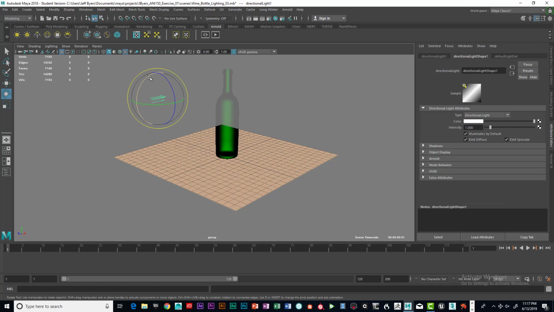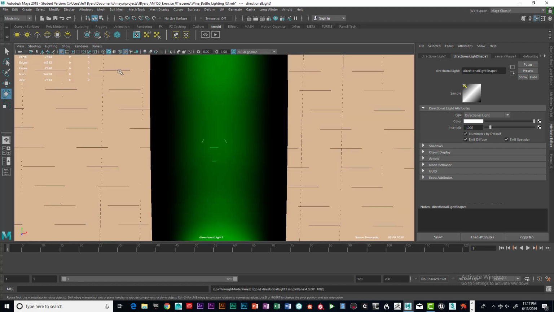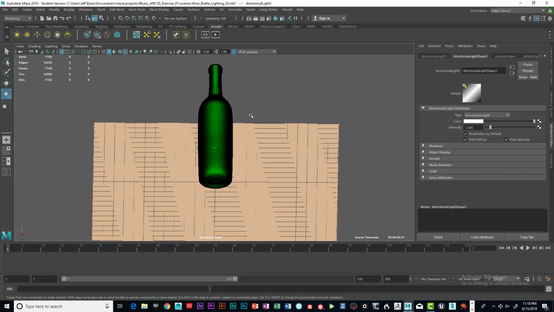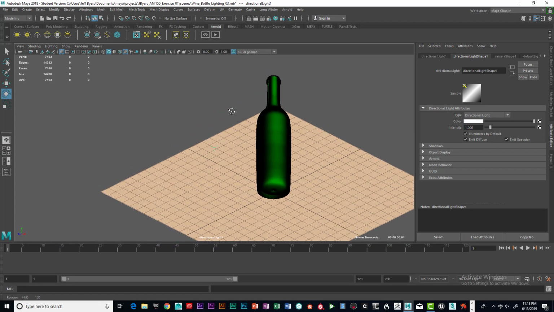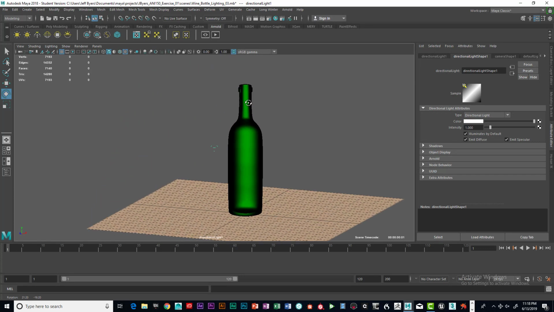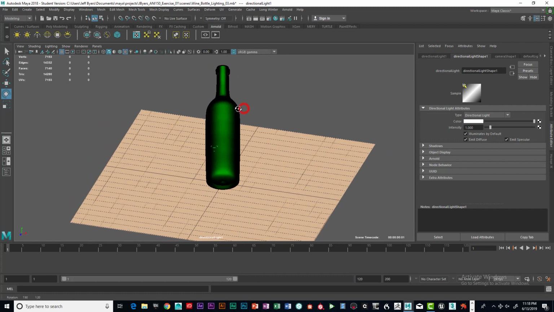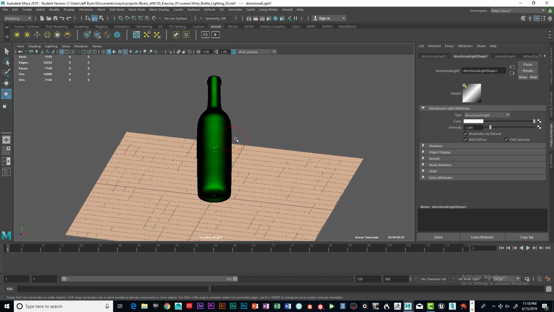Alright, so let's go ahead and rotate it, just kind of in place. Another cool little thing you can do with this is you can look through that light if you want to. So you can do that by going to Panels and Look Through Selected. Now we can go back to Perspective, but right now we're going to go into Look Through Selected. And that kind of lets us look at the object, which is kind of cool, right? Kind of a weird perspective, almost like an orthographic perspective or a very skewed perspective. But you get the idea. So you can kind of see where you're at, and you can see those little crosshairs in the center. Anyway, so let me go back